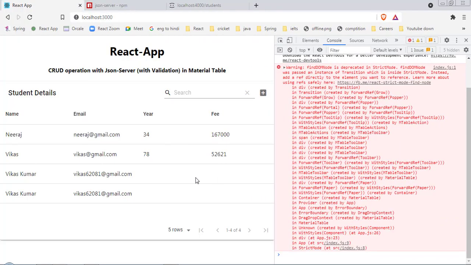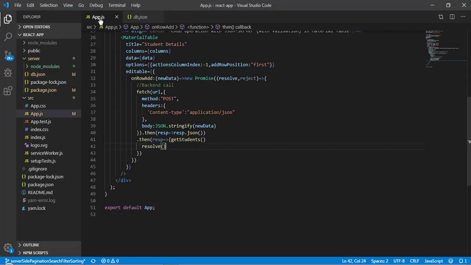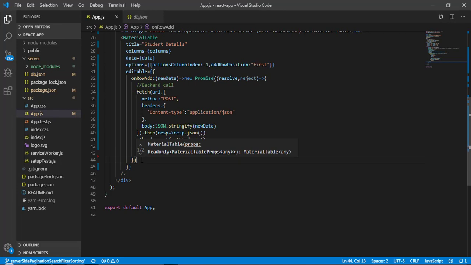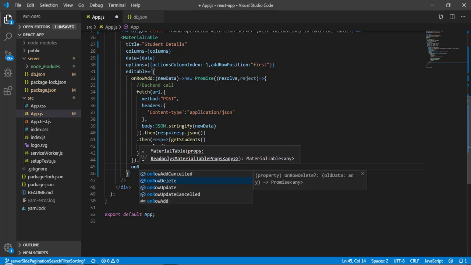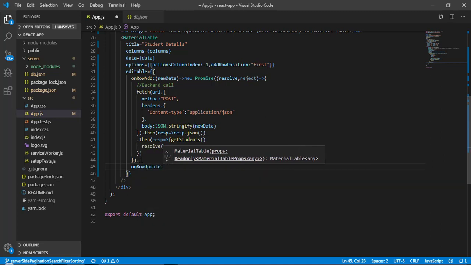It's time to handle the update. So let's come back here, and here is another property that is called onRowUpdate. So here onRowUpdate, and this is also going to take a callback function which is going to return a promise.